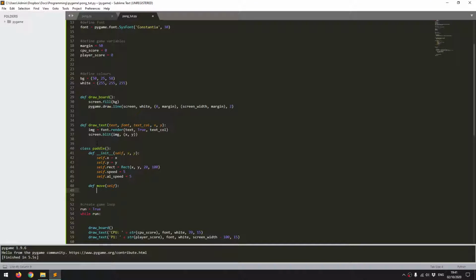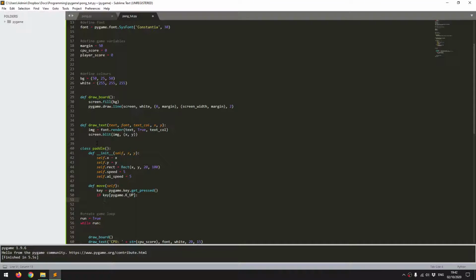The first thing I want to do is get the key presses. So key equals, and again, a PyGame function for this, key.get_pressed. So this is going to tell me which buttons have been pressed. And now I can process that to determine whether to move the paddle up or down. Now I'm going to be assigning my movement to the up and down arrow keys. That means that I just need to look for if key, and we put in square brackets, pygame.K_UP, so key up, close brackets,